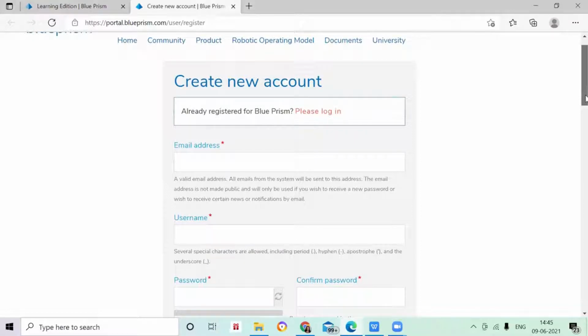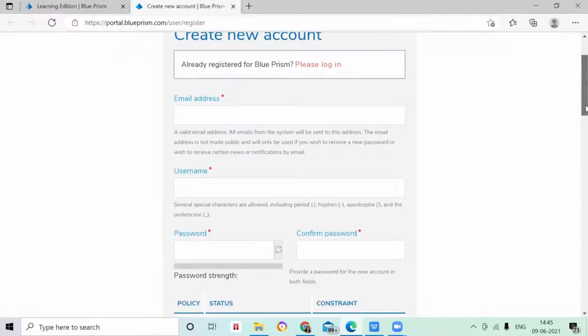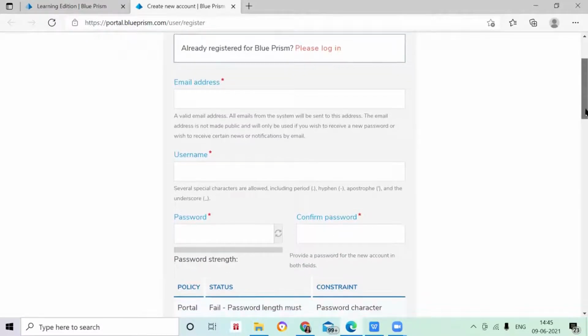If your email address is wrong, you are not going to get that mail. The maximum time for it to reach your mailbox is 72 hours, but sometimes it also comes within 5 minutes.